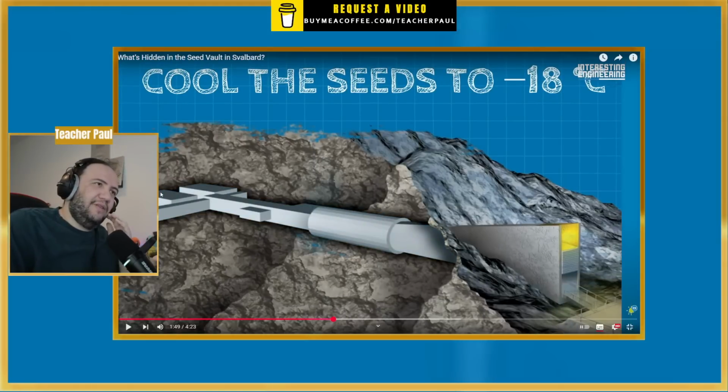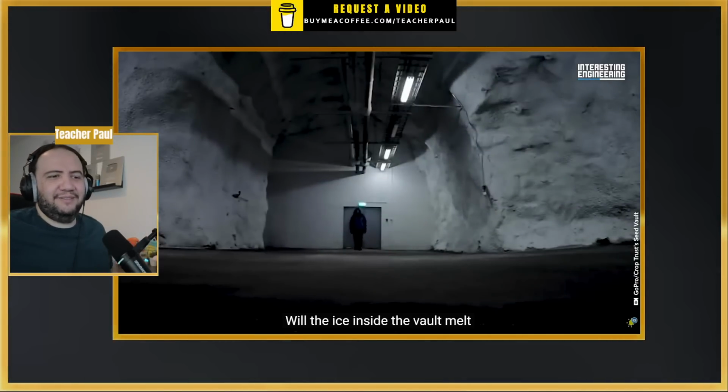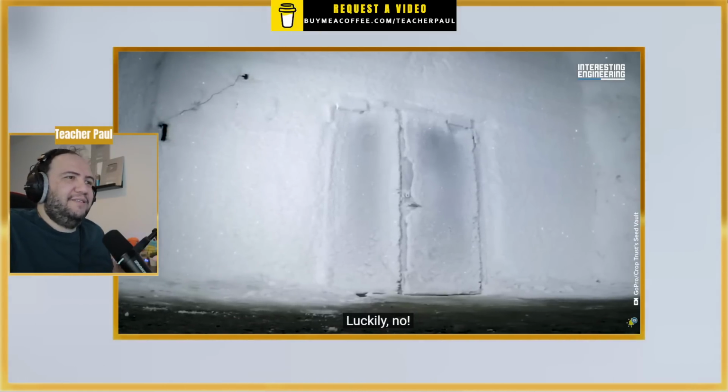Okay, so the weather helps to cool, but doesn't it get too cold? But minus 18 is too cold. But what happens if the equipment fails for some reason? It's cold. Will the ice inside the vault melt and make the seeds go bad? Probably not. Luckily, no. Since the vault in Norway